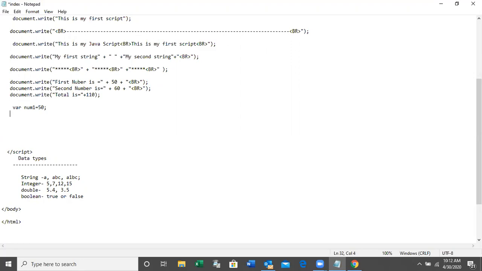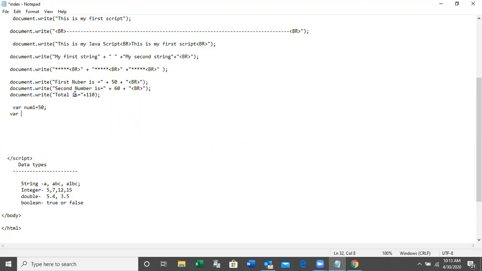If I want to add two numbers, how many variables do I need? The variables will change from time to time. Three variables: number one, number two, and the total. The total also varies based on the numbers. So var num1 is equal to 50.